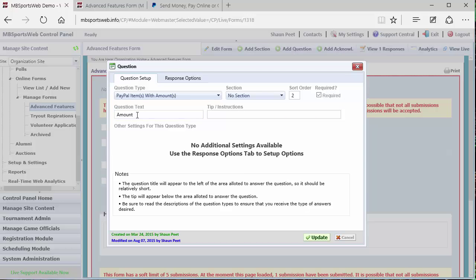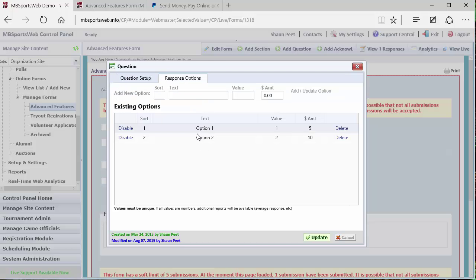So the same thing, you can ask the question, so we can just say pick an amount, but let's say this is a golf tournament registration form. Maybe this is how many players are you registering for, and then each of those response options you can say 1, 2, 3, or 4, and their corresponding values